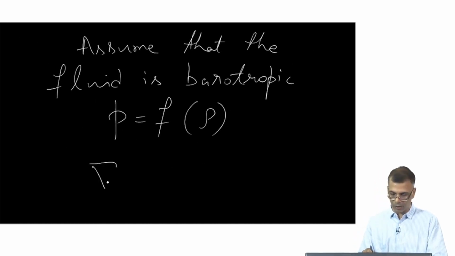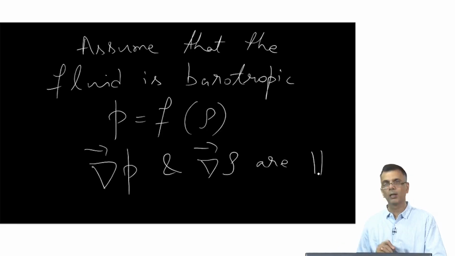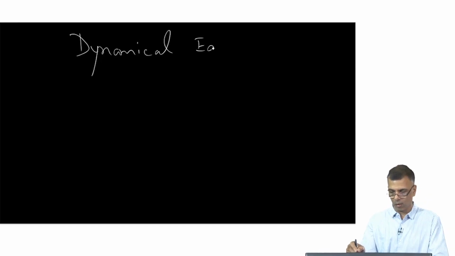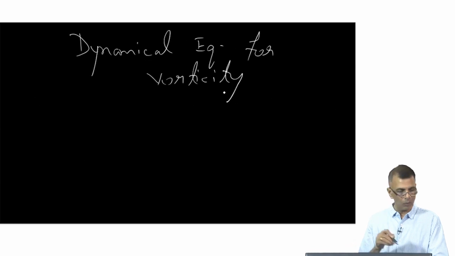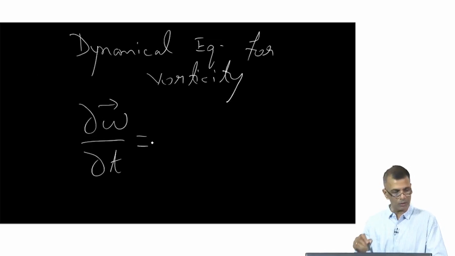In this case, it turns out that this one and this one are parallel, and that leads to a very important simplification, and that will lead us to a dynamical equation for the vorticity, which, I really should be putting a vector sign on top of this, is equal to